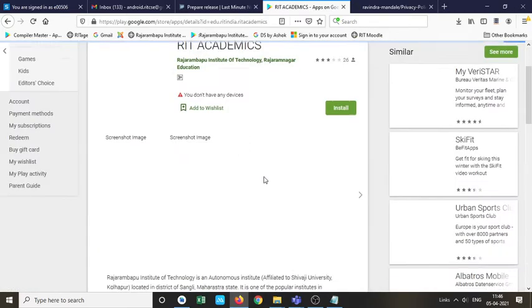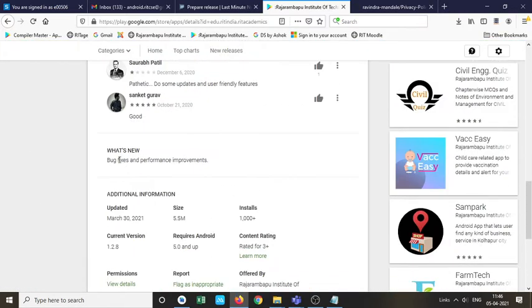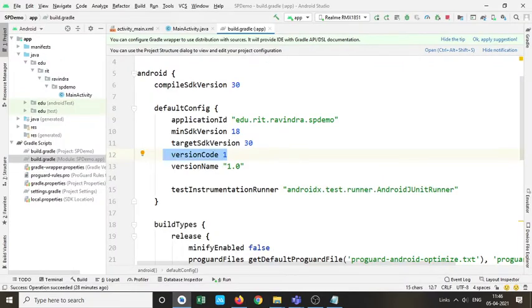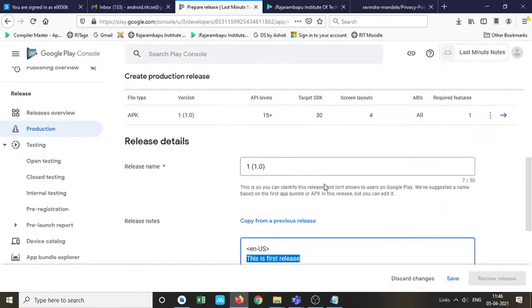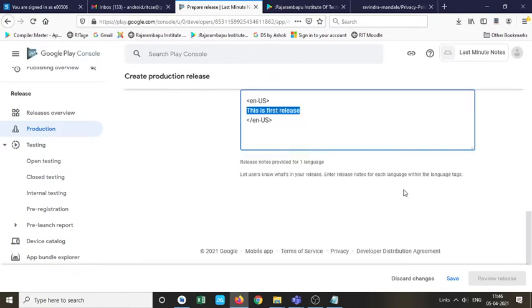Or here you can see our application RIT Academic says bug fixes and performance improvements. Whatever text you see here is added in this release note, and this step is successfully completed.